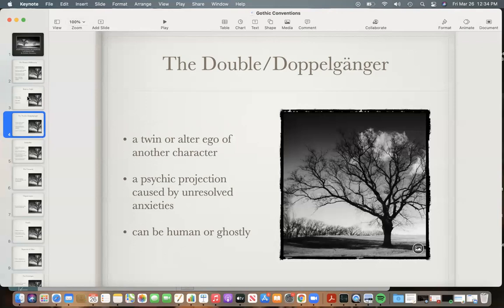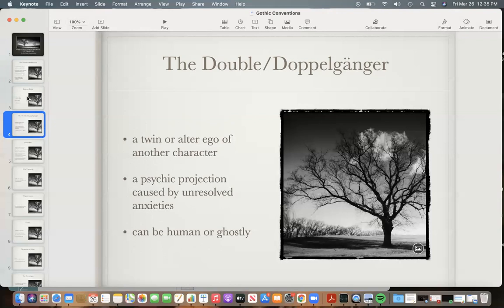I think a couple of examples I gave y'all of this earlier on was the movie Mr. Brooks, starring Kevin Costner, which if you haven't seen it, it's fairly adult. There's a lot of gore and violence and stuff, but I would recommend it. I think it's really good. And Kevin Costner plays a serial killer, but he doesn't like that he's a serial killer. And then William Hurt plays like a psychic projection of the side of him that enjoys killing.